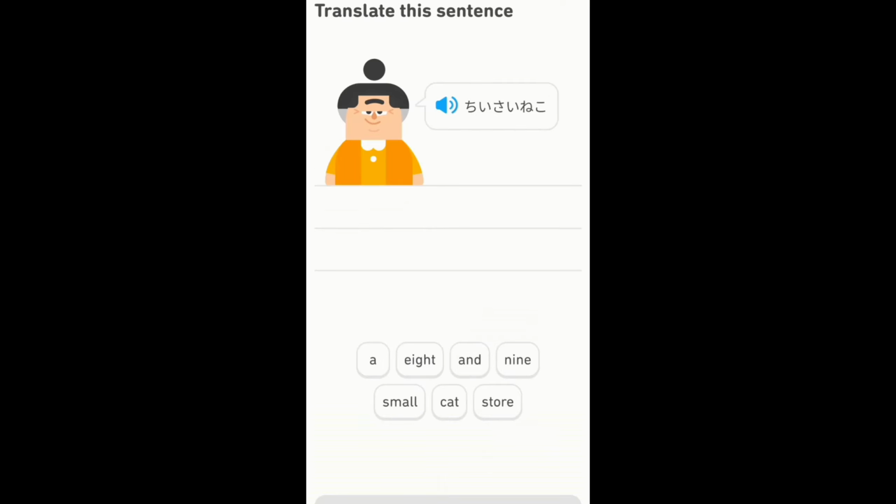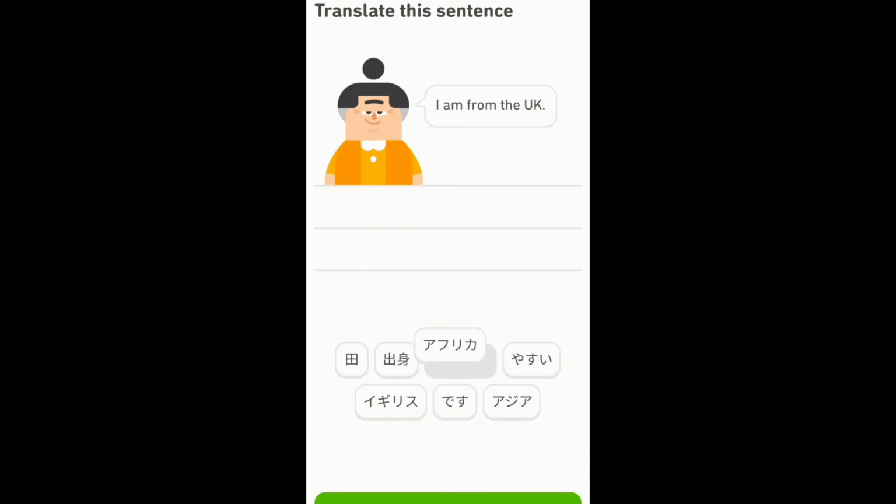Okay, and what is chi? So now we're going to just look through this because we're going to learn "I am from" places, and it's a bit different. So like watashi wa ikarisujin desu. That's how you say I am from. We're going to learn that in the Lingodeer part. So watashi wa